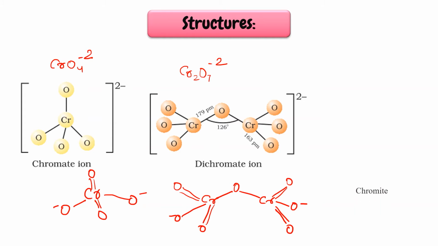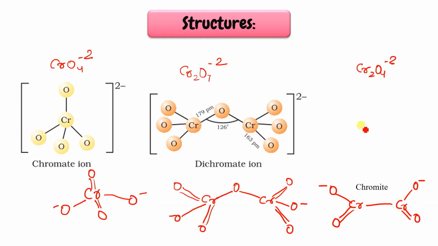Now the chromite. So for chromite ion, the formula is Cr2O4 minus 2. So 2 chromium, put these 2 chromium over here, like 1 chromium, another chromium, and 4 oxygen. So 2 oxygen on this side, 2 oxygen on this side. And then what will happen? Minus 2. So give 1 negative, 1 negative. Here it will form a single bond over here and a double bond over here. And this is again going to make a bond over here like this.